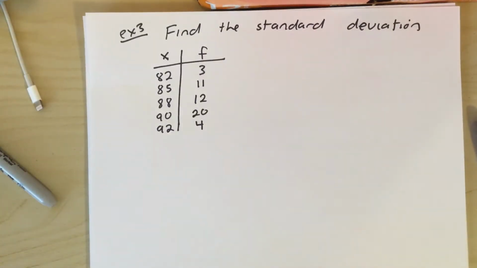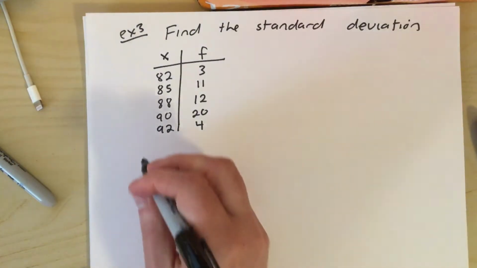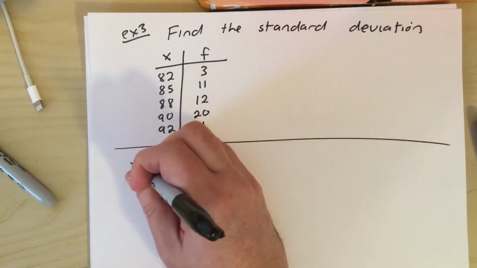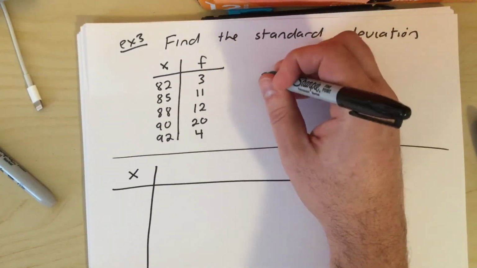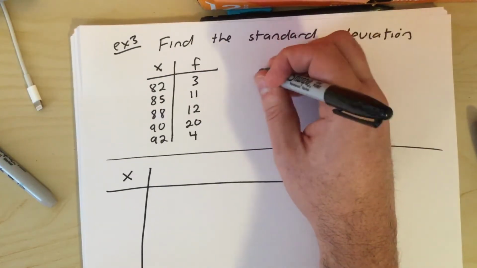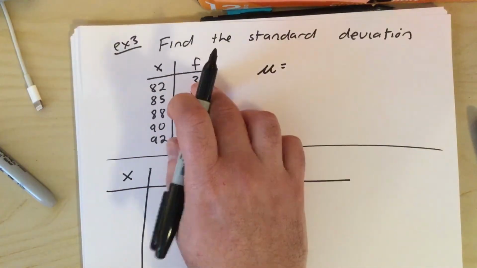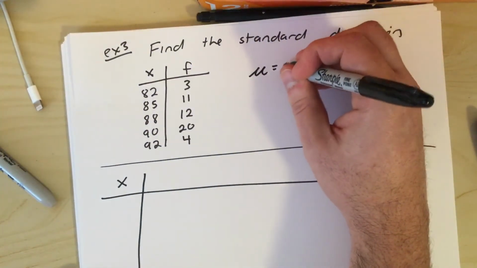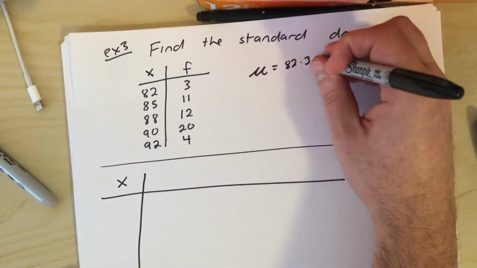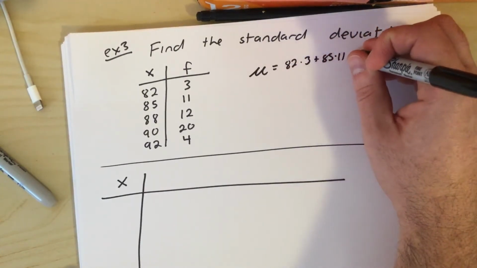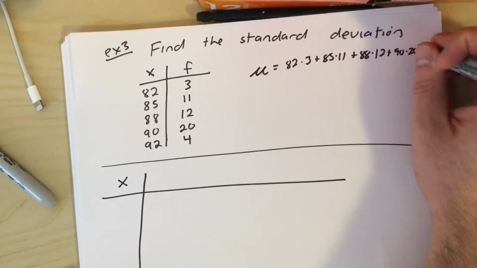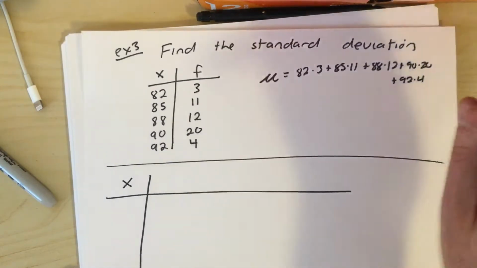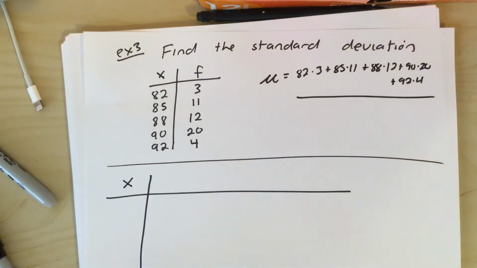Example 3. So now what we're going to have is a frequency table. And we're actually not going to change very much. So we're going to start off, well, actually, before we do that, we need to figure out the mean. So the mean is going to be this times this plus this times this. It's going to be 82 times 3 plus 85 times 11 plus 88 times 12 plus 90 times 20 plus 92 times 4, all divided by